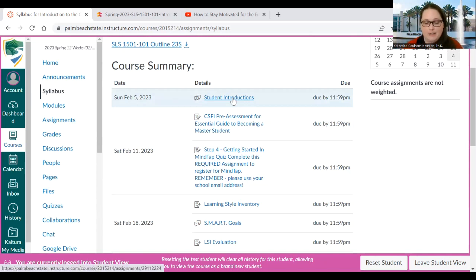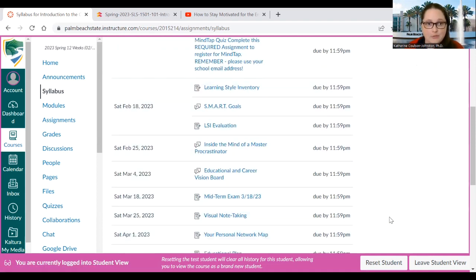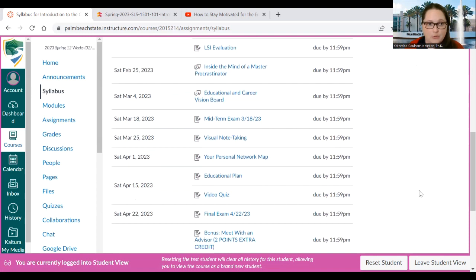Now, I like to do that because I ask that you post your introduction by Saturday and your responses by Sunday. So since I'm giving you till Sunday, I make it due on Sunday, even though I do ask that you post your response on Saturday. That way, if I put that it's due on Saturday, but that you have till Sunday, it's confusing for students. I found that this way is more clear for students than the opposite. So this serves as a nice calendar for you, which I think will be really helpful throughout the semester.